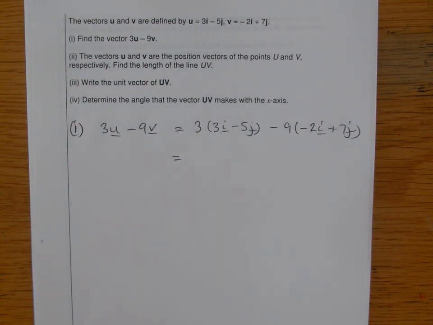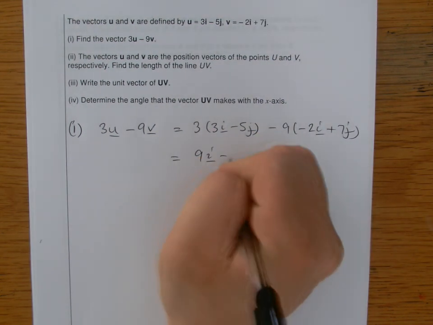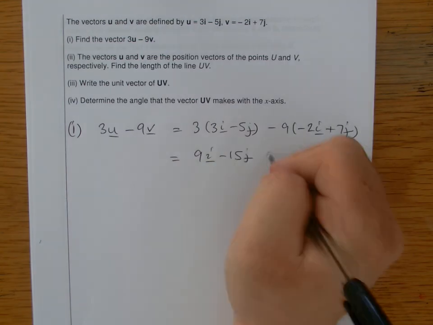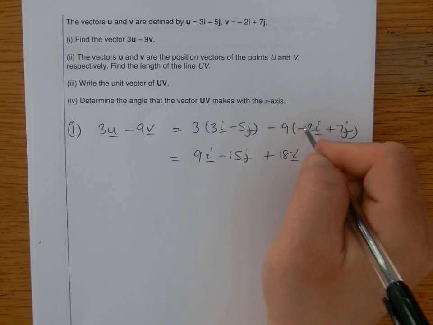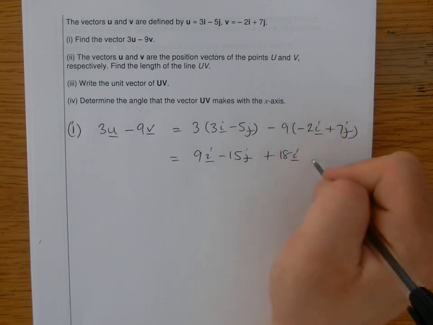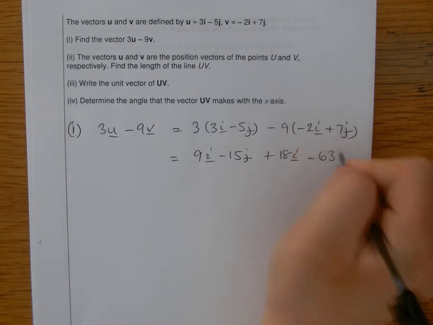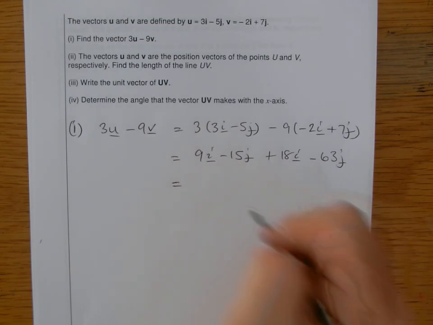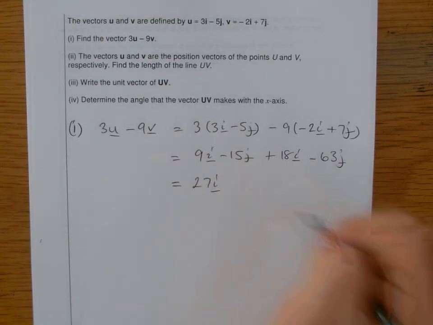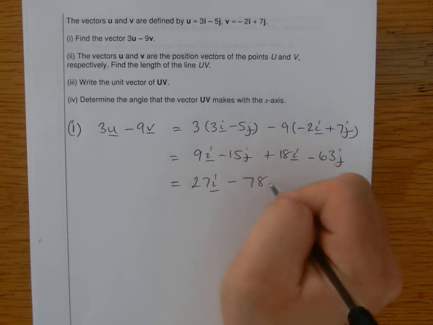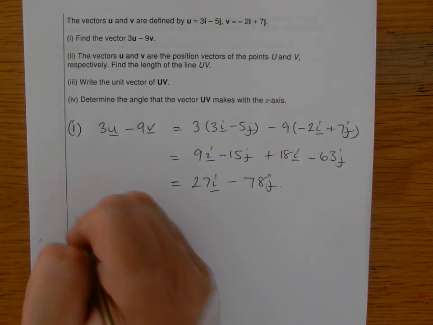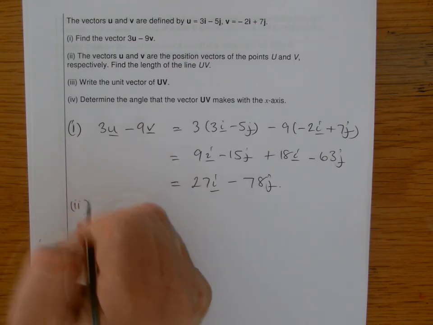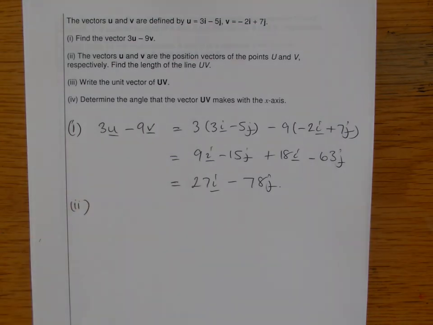So this becomes 9i minus 15j, and then plus 18i, because when I times by negative 9 it becomes positive, and then minus 63j. So this then becomes 27i and minus 78j. So part 2 then, it says the vectors u and v are the position vectors of the points U